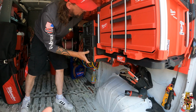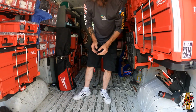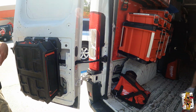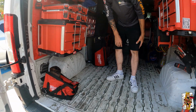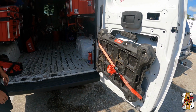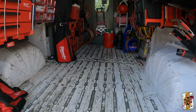He doesn't wash his PACKOUT, so you can tell. No. You know that's like the number one gripe, right? People get. And so I was asking him, and all of his stuff is clean. But you can tell he's using it because none of his tools are scratch free like mine. So everyone's like, "Oh, you don't use your stuff." Well, yeah. He's like, "No, I just take care of it and clean it. I hose them down." Nice little setup. Mine get clean because